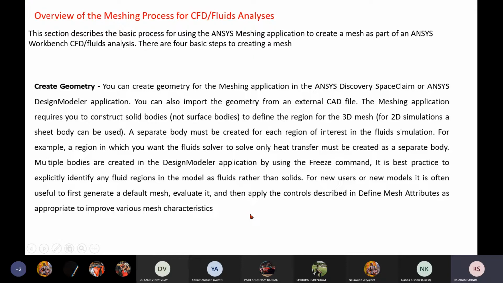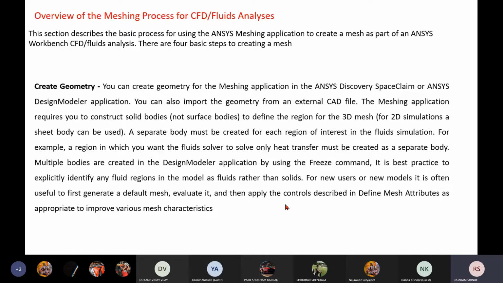Mesh convergence test. What we are doing in a mesh convergence test is first dividing the domain. That means we are generating the mesh, and that mesh will be the coarse mesh with big elements. Then we are solving the problem for the coarse mesh. After getting the results, we start improving the meshing for better quality, that means smaller elements. And we are checking the results, the improved results or improved mesh characteristics.